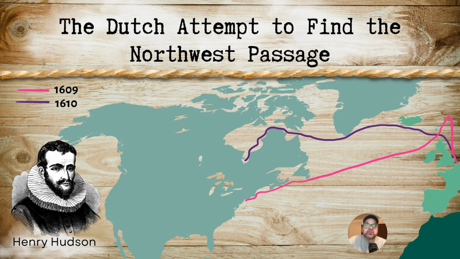And then this territory would later be claimed by the British after a war. And this is where it gets its name, New York. York is a city in England, for example. So just keep that in mind. This is where these places get their names. And it's Henry Hudson who really discovers this region.